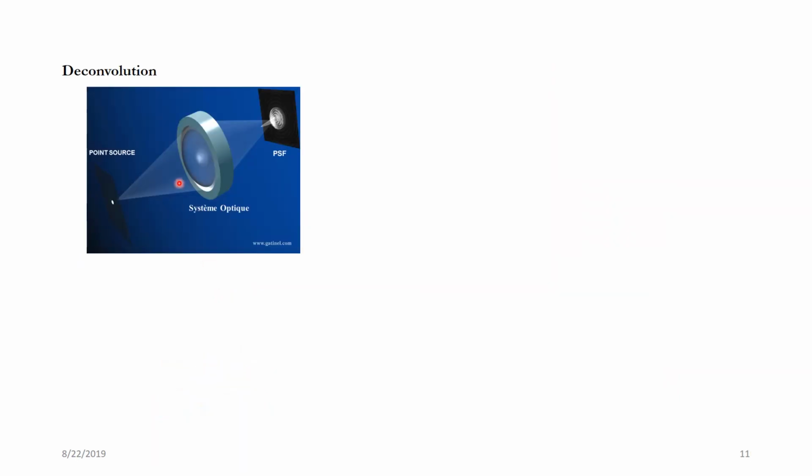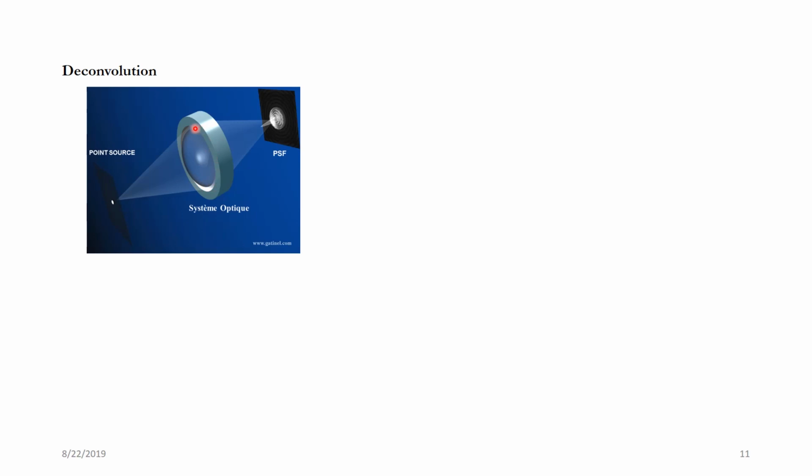If you take an image using a microscope, what you will observe is that the image is not going to be as simple as you thought, that you have just a spot here and it will produce an image like this. It was supposed to be a spot, but it forms a weird structure like this. It is called the point spread function. This happens because the light gets diffracted from the edges of the optical elements in the microscope.